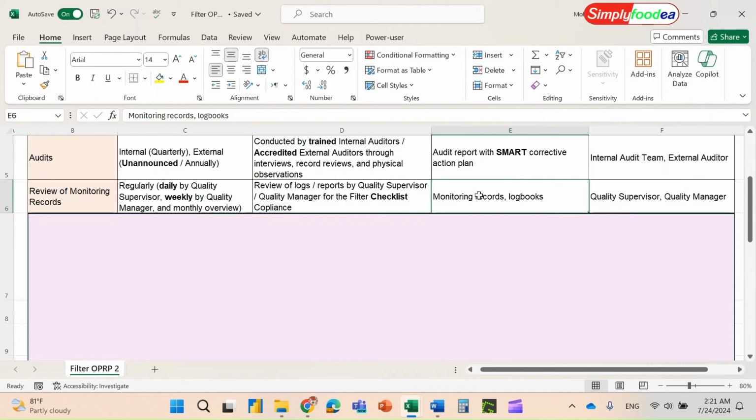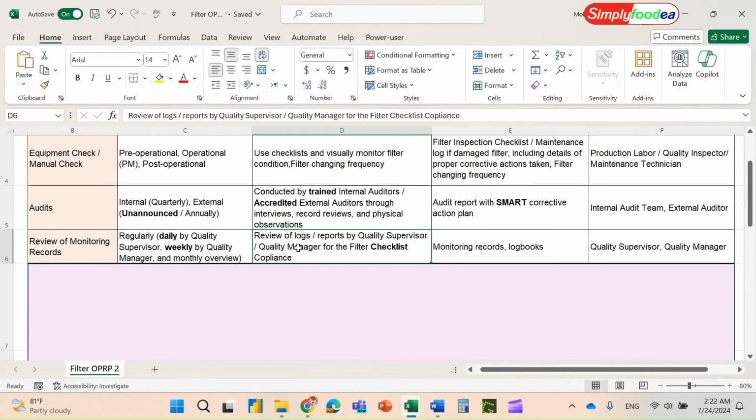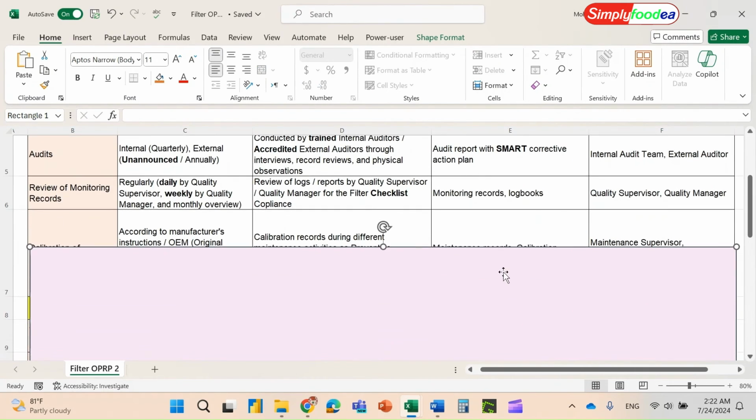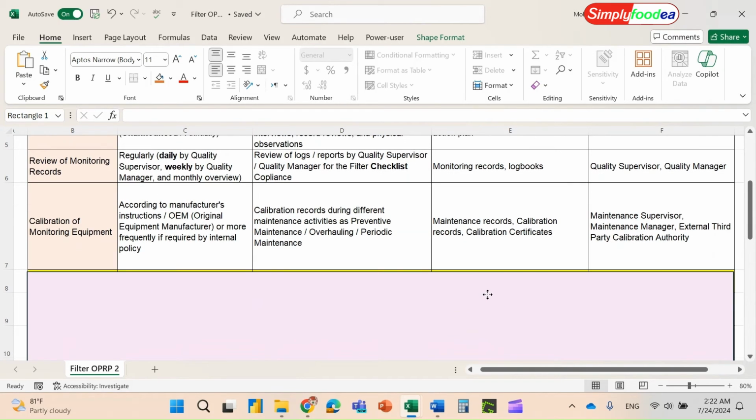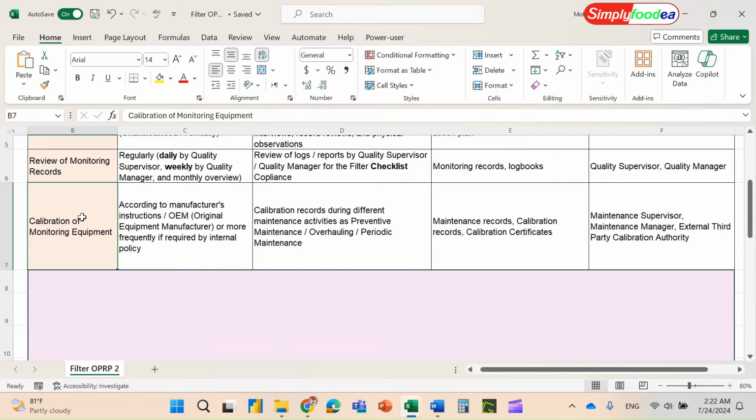Each hour, for example each 3 hours, you have set the frequency, so all of the laborers must respect this frequency and not delay any activities. The monitoring records will be the whole records in the supporting documents, and the quality supervisor and the quality manager will be responsible for the follow-up of these documents. And for the filtering, if it's a machine, we'll use calibration according to the OEM,